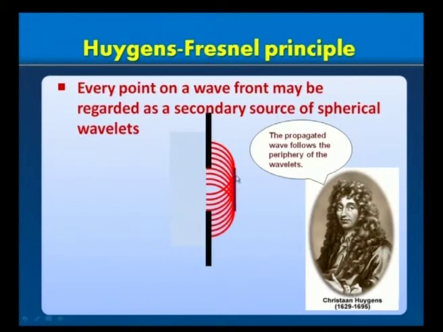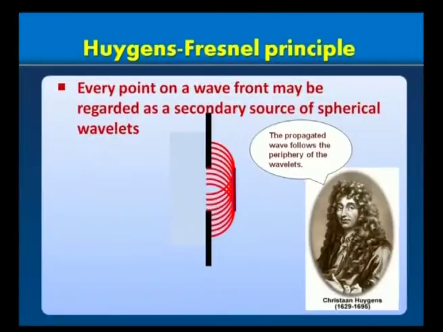From the periphery again, every point here will act as a secondary source, and they in turn will emit this kind of waves. Then once again you take the envelope, and then again take the envelope. That is how the wave is getting propagated. This is the primary wavefront. From the primary wavefront, the centers will act as source of disturbance. They emit what are called secondary wavelets, and the envelope of all the secondary wavelets will give the advancing wavefront. From the advancing wavefront, another advancing wavefront will come, and that is how light is getting propagated according to Huygens